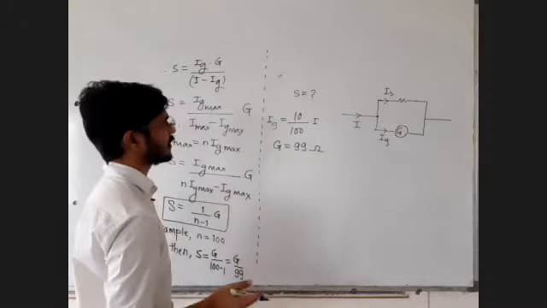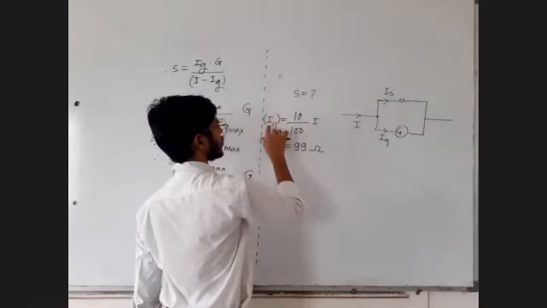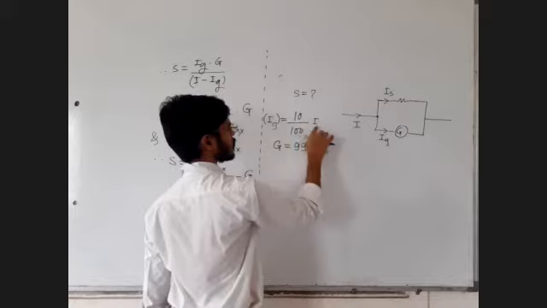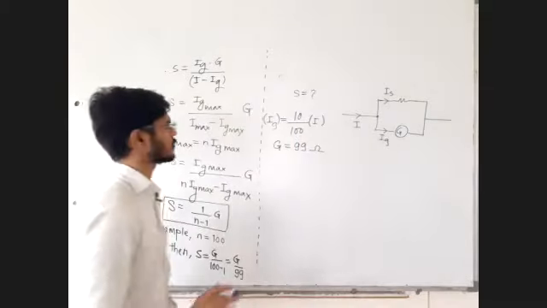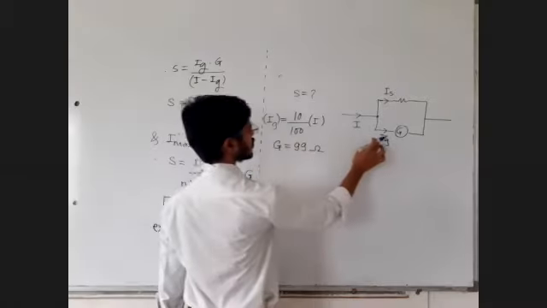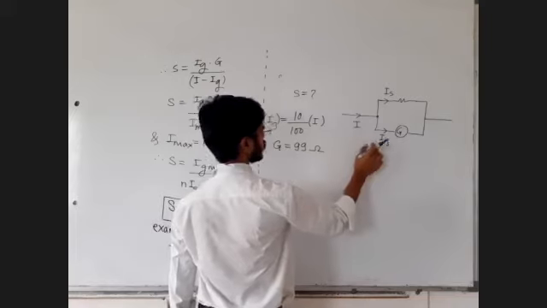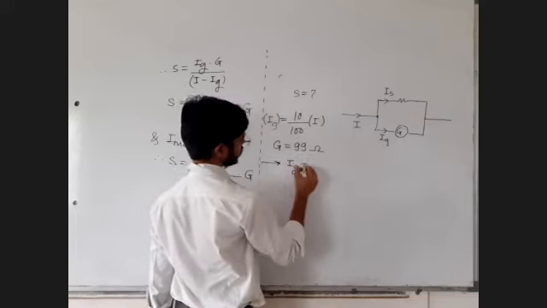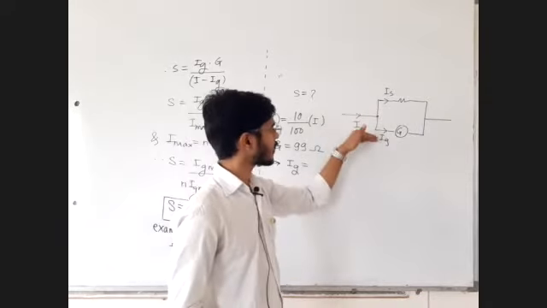Okay, now very simple thing. If you are given current in the galvanometer is equal to 10% of main current, this is the total current. Just use the current division principle. By current division principle, try to find Ig. Ig value is already given to you, and you will also try to find out value of Ig by current division principle.